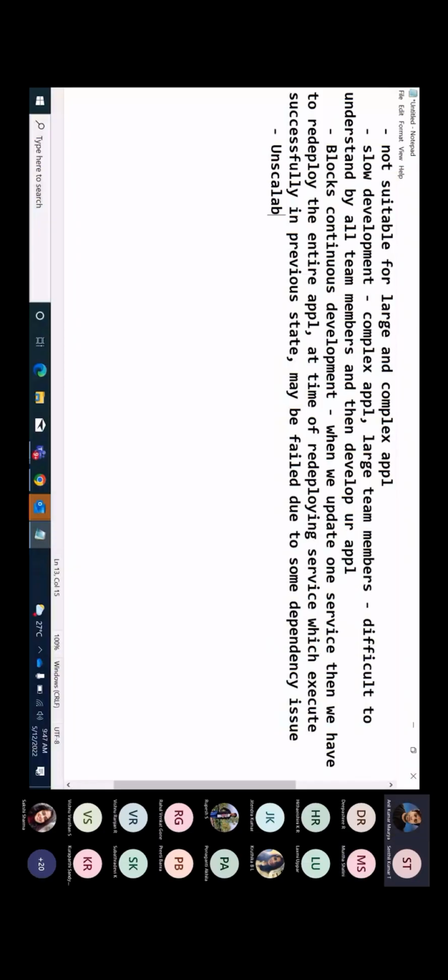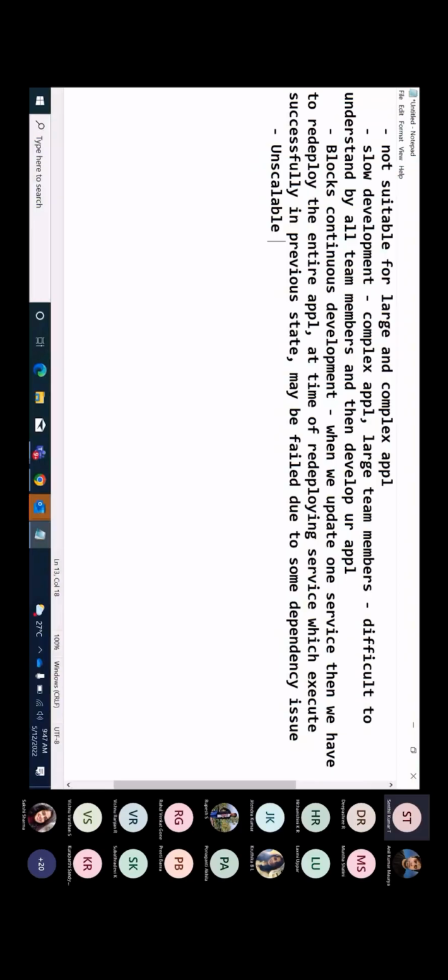We call it unscalable actually. And as I already told before, what is monolithic architecture? We are going to put all the services into a single application. So for example, right now we have an e-commerce application. In the e-commerce application, we have customer service, product service, and the payment service as well as the cart service. So consider my payment service needs